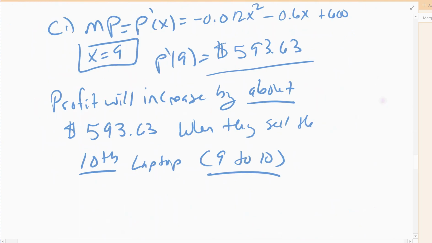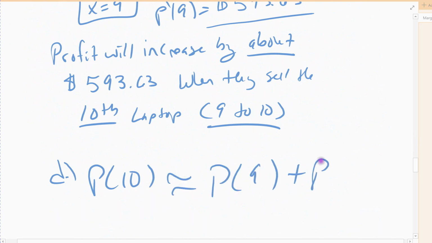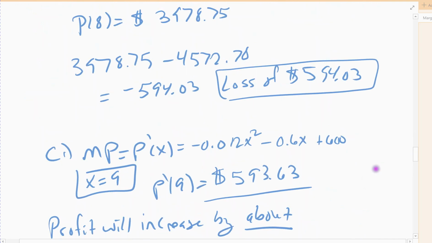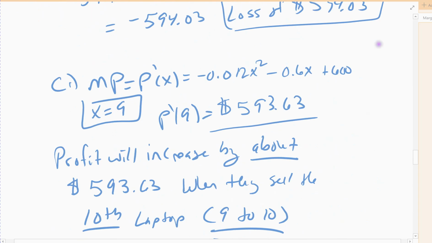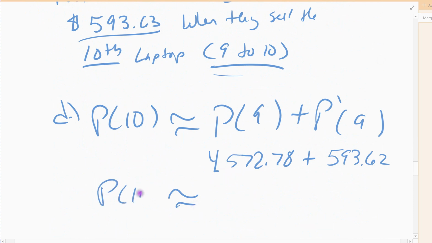All right, so we're now going to use, what's the profit at 10? Well, it's approximately the profit at 9 plus the additional profit using marginal analysis. So the profit at 9, I have all those, I don't have to do any more plugging in. The profit at 9 was, here for part A, $4,572.78. The additional profit was approximately that number, 593.63. Add those together,